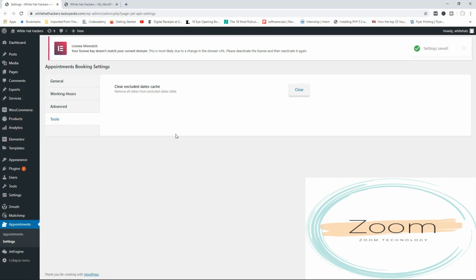And then tools, finally, you can choose to remove all dates from the excluded dates table. If you want to do this, it can help to save memory. So maybe once in a while you might want to come in here and clear your cache. Okay, so at this point right now, the appointments is almost ready to go, and I'm going to click on